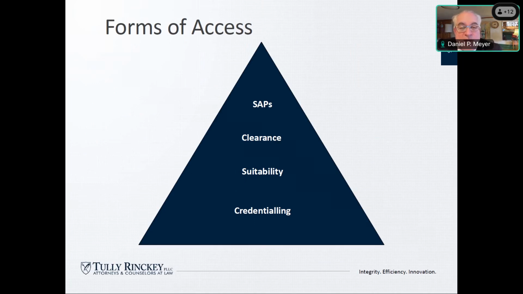Suitability is the next stage up on the access pyramid. So everybody must be suitable if you're a contractor or a federal employee. The key thing to remember is if you go for a clearance, you will have a suitability review. You don't always know what's going on because it's embedded in the security clearance review. But you may be in a position of not requiring access to classified information. And so you end up having a suitability review, which is one step below. You may know of suitability by its other name, public trust.